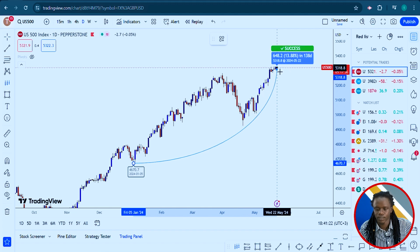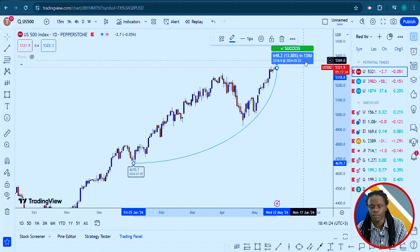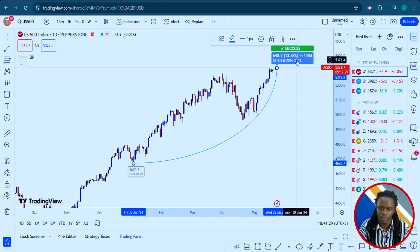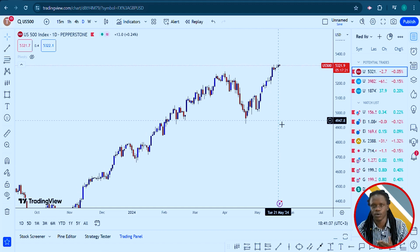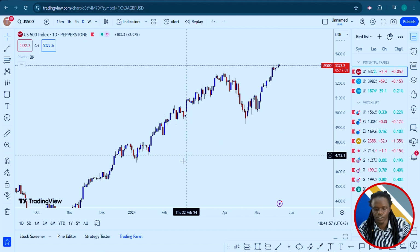Yeah, so markets in 138 days, we are up almost 14%. In maybe Q1 plus the first 4 months, markets are up about 14%. And this is always the benchmark for American investments and traders. At the investment level, most investors will benchmark your returns with how the S&P is performing. So if the S&P is already performing at 14% by this time, that means there is a very huge